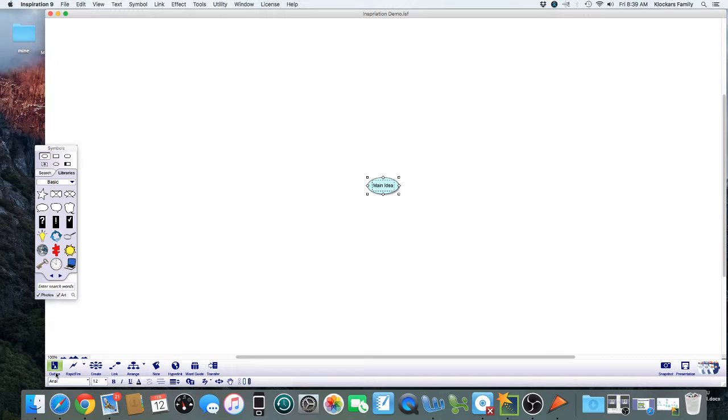But let's get started. We're going to click into the main idea. Double-clicking will allow you to change the text. We'll call this demonstration. Now, if we click on rapid fire, what that's going to allow us to do